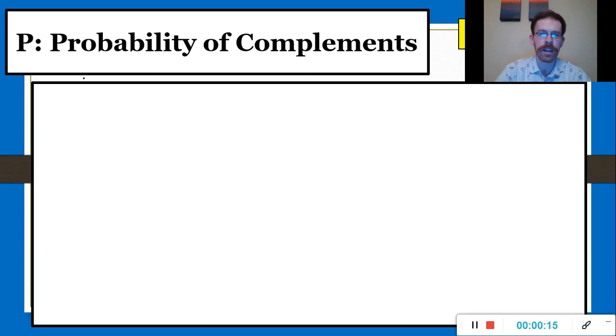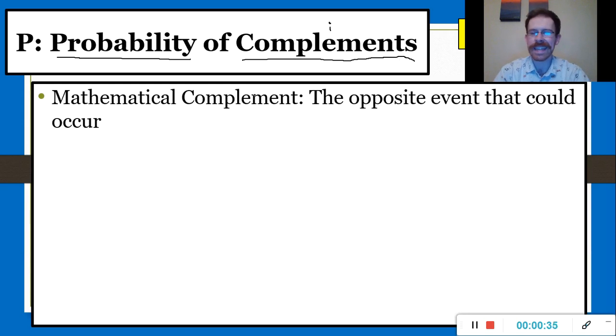Today, we're going to continue to talk a little bit about the probability of independence, dependence, and conditional probability, but in a new light, because I want us to talk about the probability of complements. And not that type of complement you're thinking about. That's a complement with an I. We're talking about complements with an E. The opposite of what you think or what is.